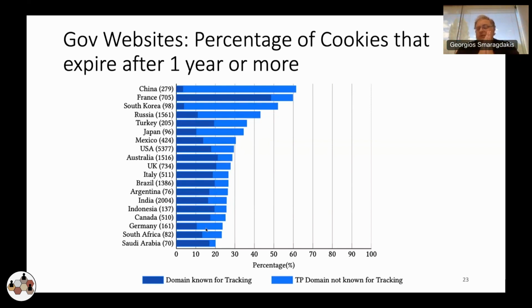Here, we don't talk about cookies of 1 day, but 1 year, right? So surveillance is at its best. And again, you see that in this case, the ranking of the countries has changed a little bit, but the percentages are quite high again, right? So you have, for example, France having the tracking cookies for 50% of the web pages to last for more